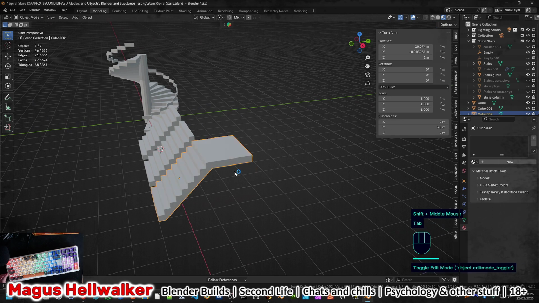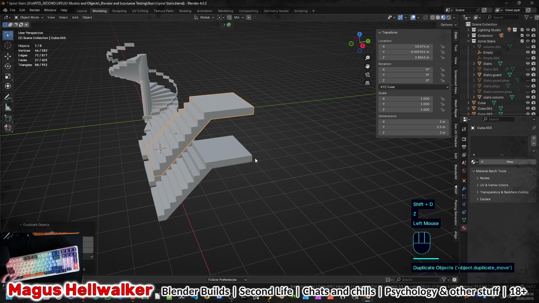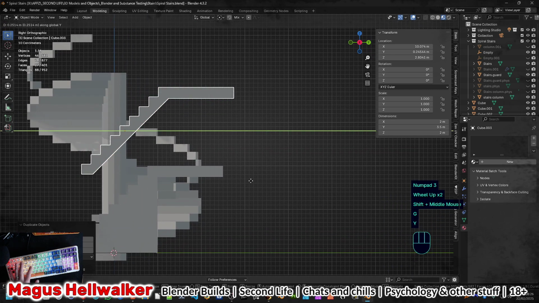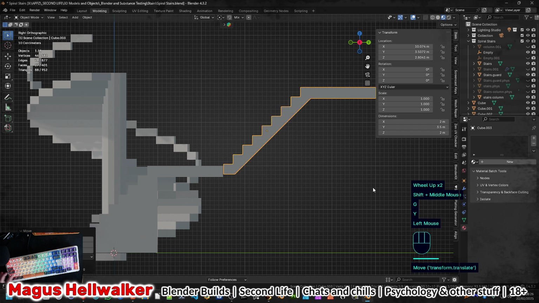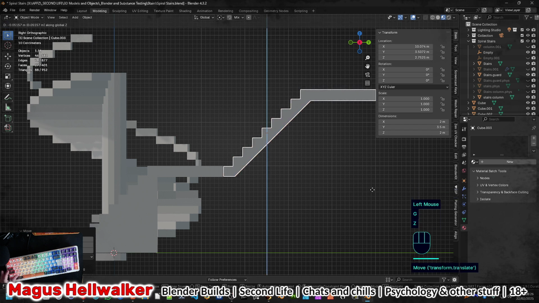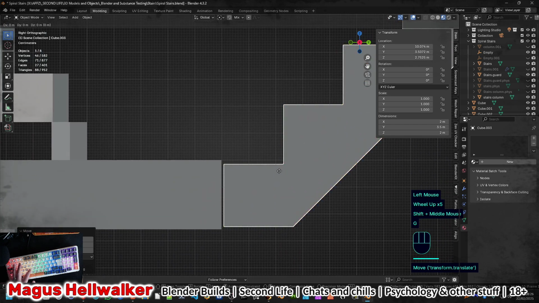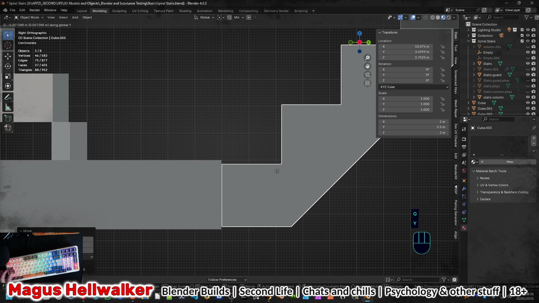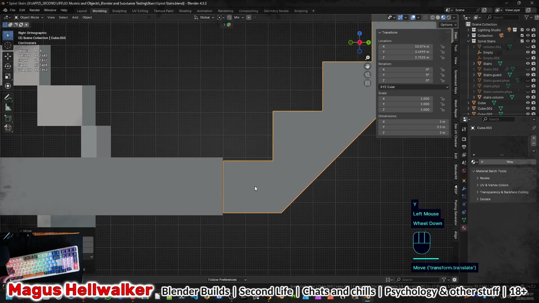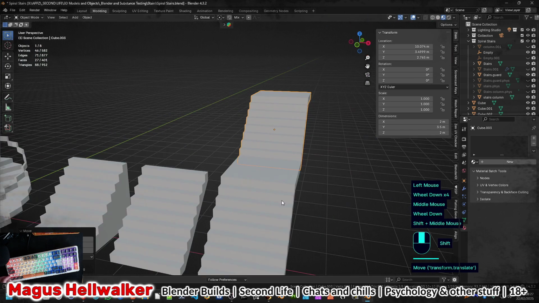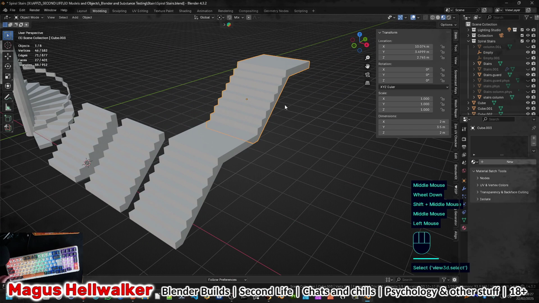Okay, you can duplicate that now, go along, if we just go sideways. Okay, I didn't get the tops and bottoms exactly right, but you get the general idea, right? You can just keep going up, right? Or you can